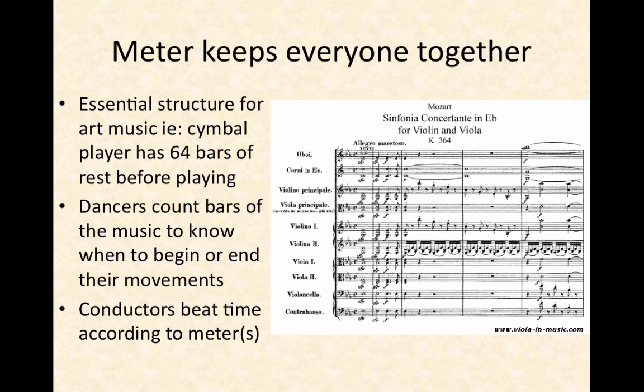The downbeat is the first beat in the measure, and it's usually the most emphasized, with a small accent. But if she knows that the first beat in measure 64 is going to have rest, and then at the downbeat of bar 65 she has a big cymbal crash, it gives her something she can work with. The conductor's baton moves down. Dancers as well.